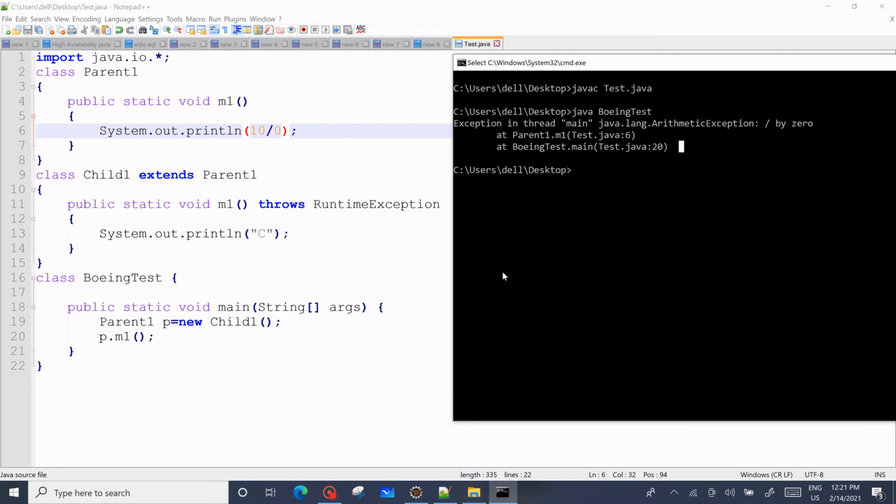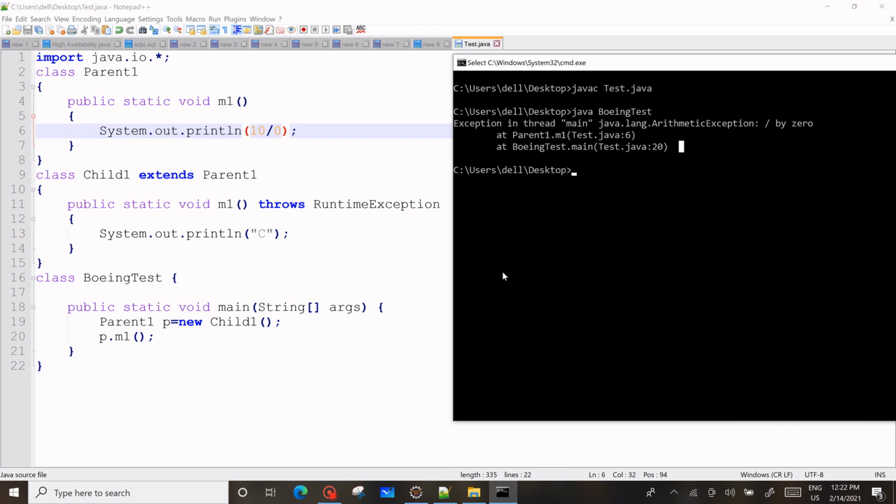In this lecture, we now understand what a checked exception is and what an unchecked exception is.